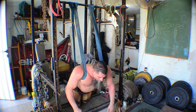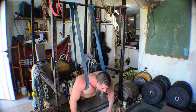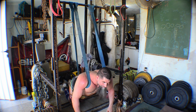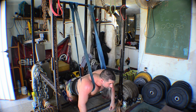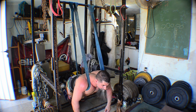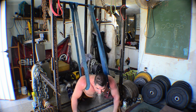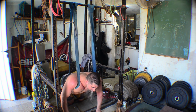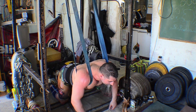You really can't go wrong with the movement. It is a little painful, but a little bit of pain this way is a lot better than the pain you're already in, or the pain you're going to be in if you tear something. And remember, this is supposed to be preventative stuff. So we're going to use a little bit of preventative pain just so you can train harder. Isn't it amazing how you're going to do some preventable pain so you can kill yourself harder in training the